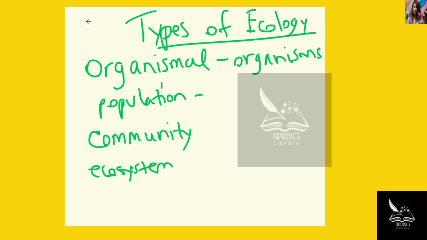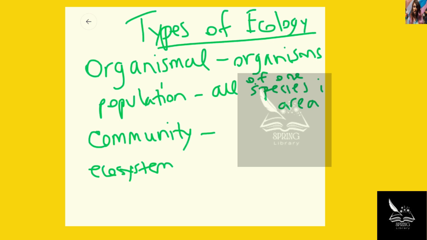they do. Population ecology looks at all the individuals of a species that live in an area. So they're just looking at one species in an area. So, for example, all the bears that live in a forest, specifically all the brown bears that live in a